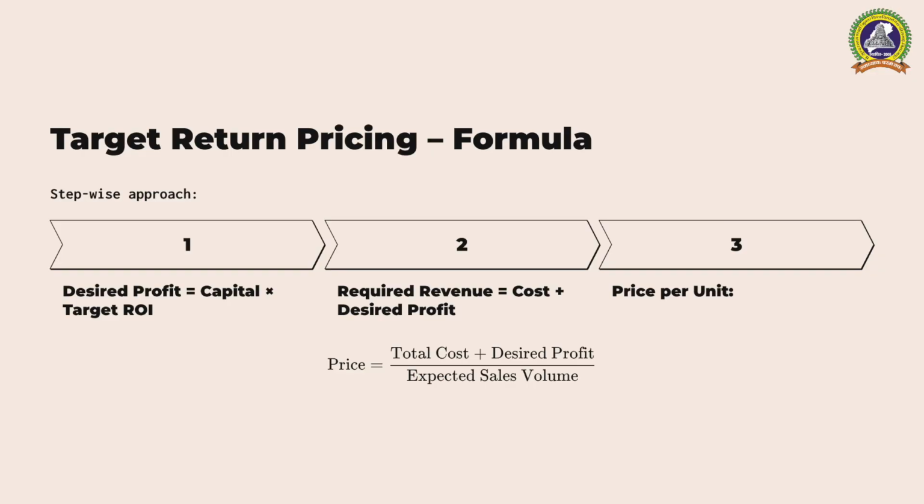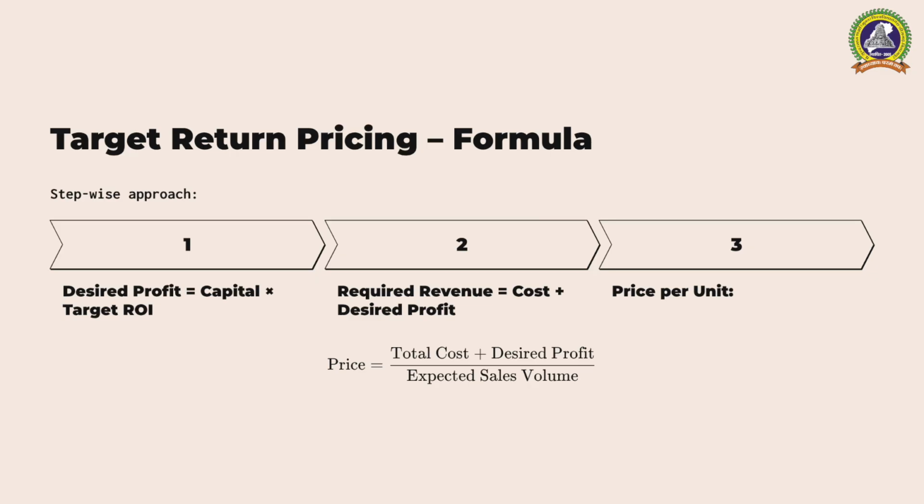First, we determine the desired total profit. This is calculated as your capital investment multiplied by your target ROI percentage. Next, we estimate the total production cost for the year. We add these two together to get the total revenue needed. Finally, we divide this huge number by the estimated sales volume. Here the formula is price per unit equals total production cost plus desired total profit divided by estimated number of